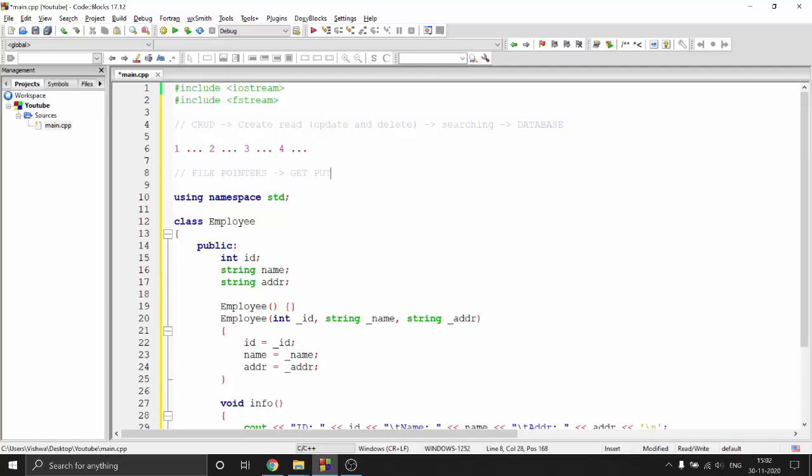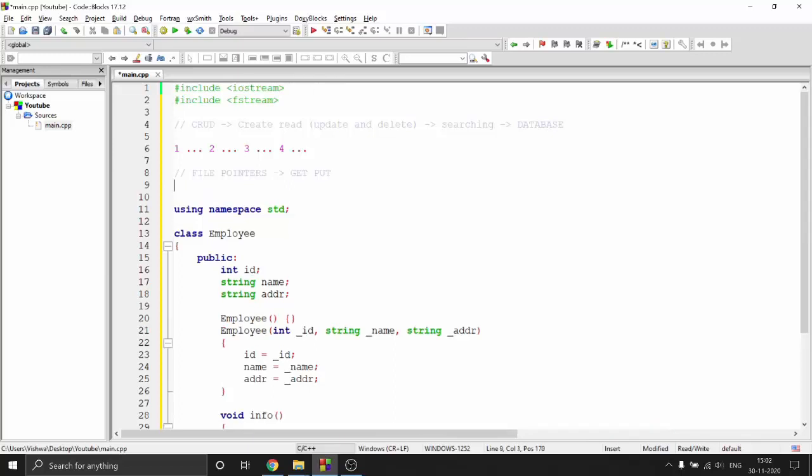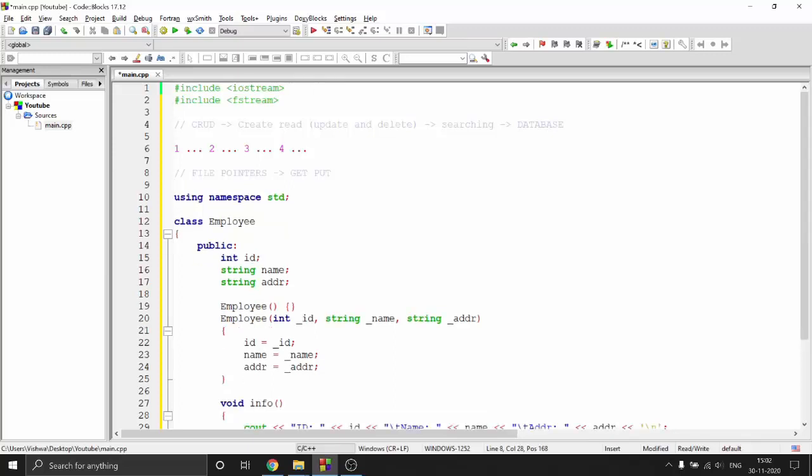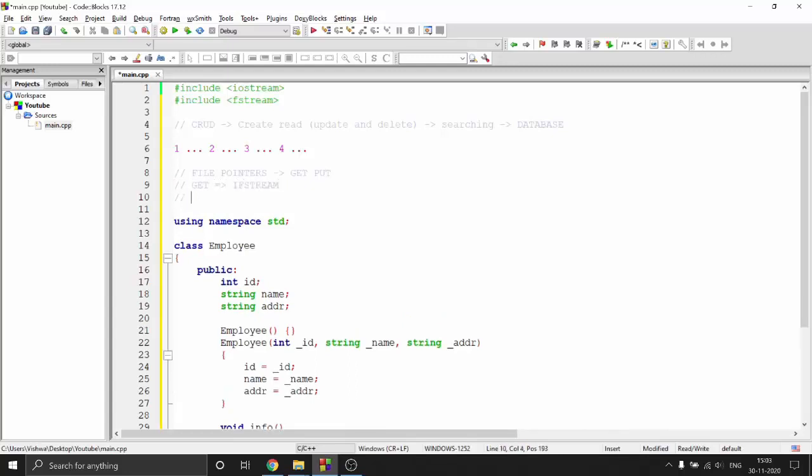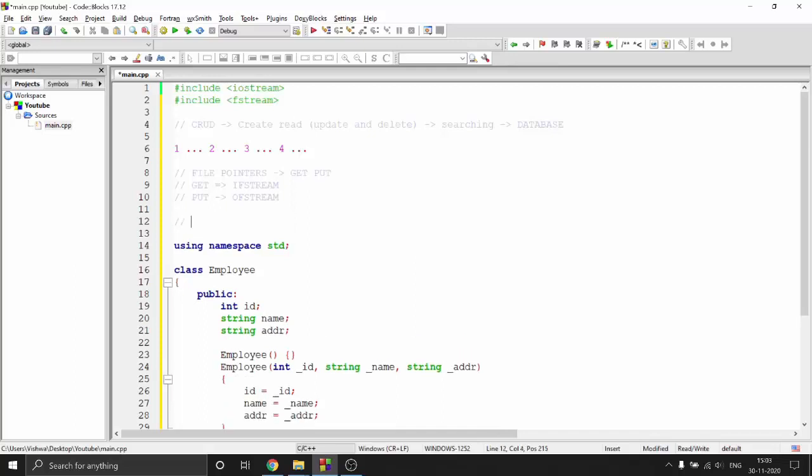When you use a get pointer, you use it when you want to read data, and put is when you want to write data. If you are doing both, it doesn't really matter whether you use get or put. It's just convention. Get is used with ifstream because ifstream opens a file in read mode, and put works with ofstream because it opens a file in write mode. So these are the 2 pointers, and you have functions to use these pointers: a tell function and a seek function, because we just need these 2 pieces of information.